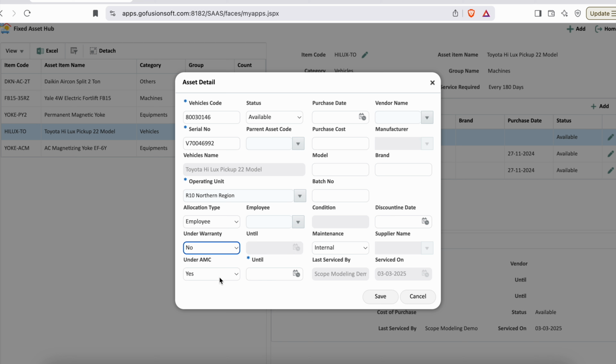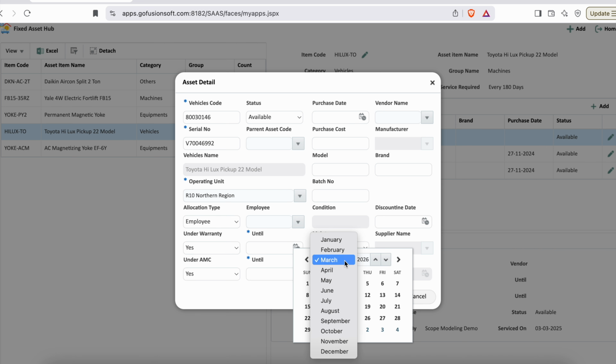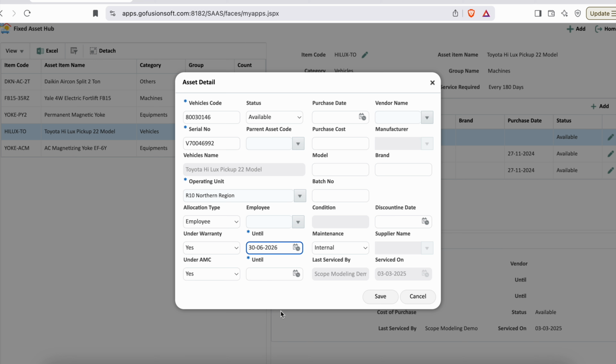You can also specify if the vehicle is under warranty by selecting the appropriate option. If you choose No, the validity period field will be disabled. However, if you select Yes, the validity period field will become editable, allowing you to select the warranty's valid until date. Similarly to the warranty process, if the vehicle is covered under an AMC, annual maintenance contract, you can specify